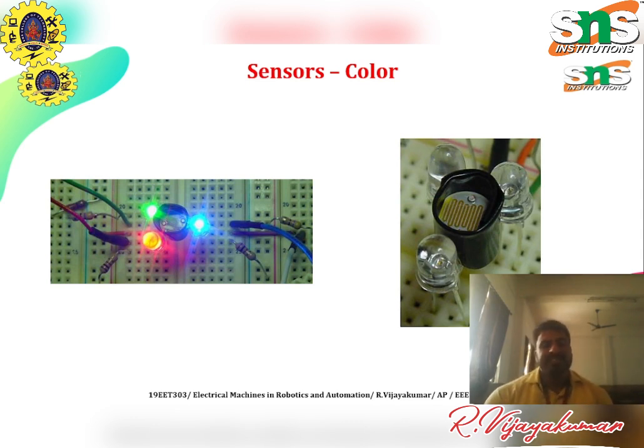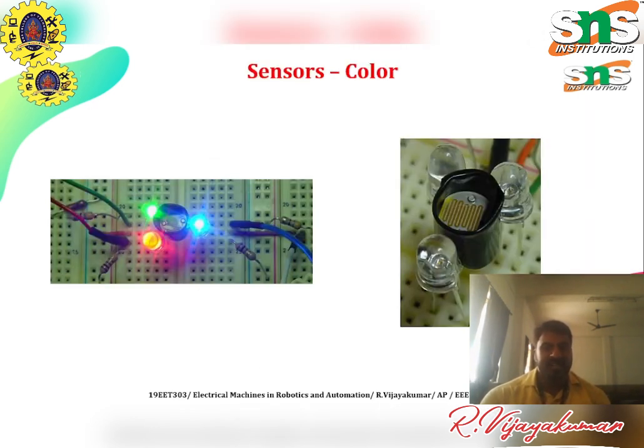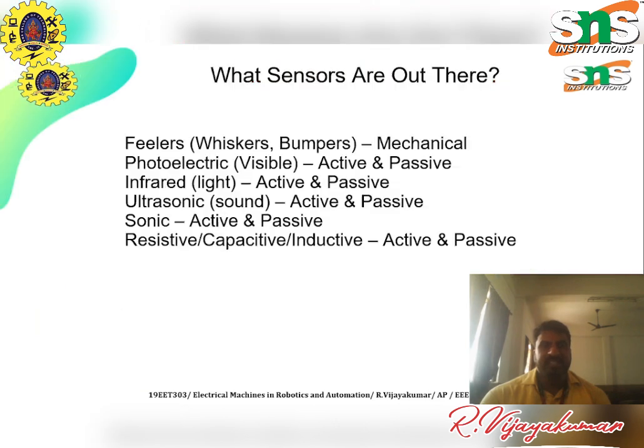Based on the radiation level, the sensor gives different outputs. That output is noted and stored in the microcontroller. Now the microcontroller will detect whether the sensor is working or not. So these are some kinds of sensors. Once again, I will recall